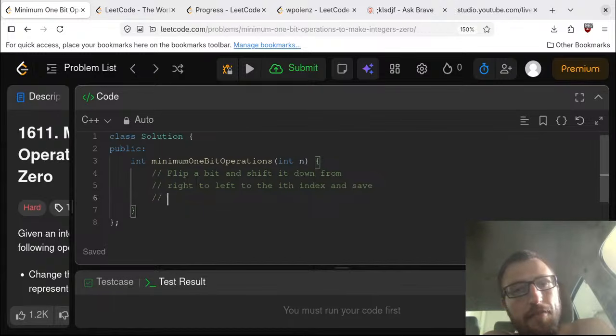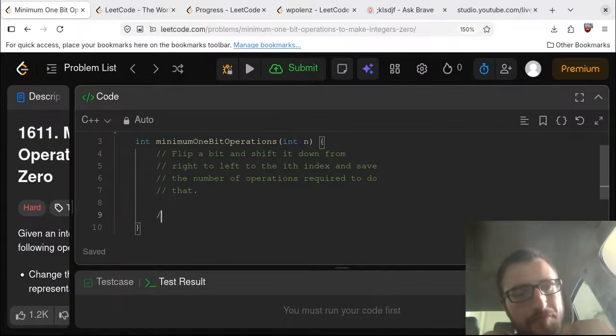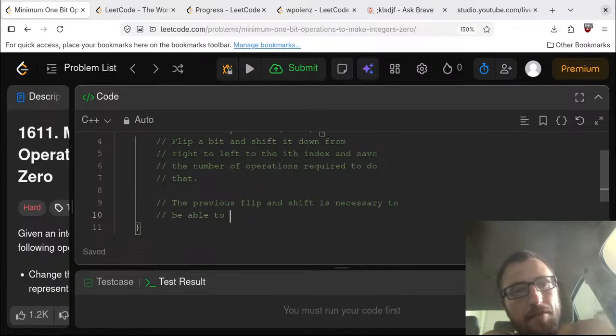Save the number of operations required. Do that. The previous flip and shift is necessary to be able to compute the cost to completely bring down to zero